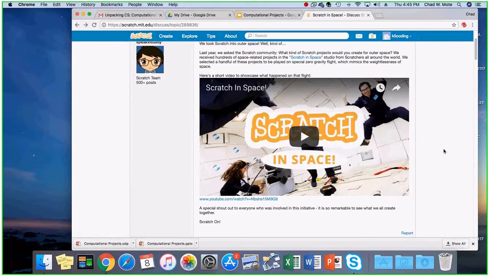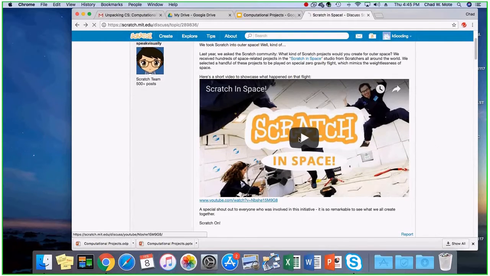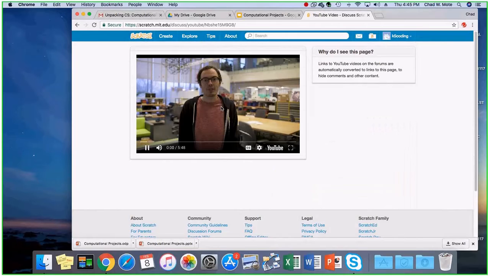So it's a chance to be a part of research, or if it's just an event that's not being researched, to participate in that. And the great thing is that if it's something that MIT is hosting and is behind, there are a lot of activities and ways to connect, and some deep learning that can happen. So this was one of the events that I noticed, and just to give you an idea of what they were doing here. To invite kids from all around the world to create